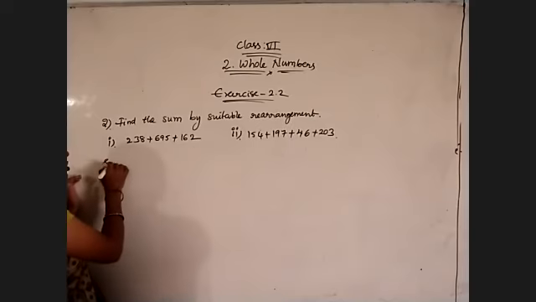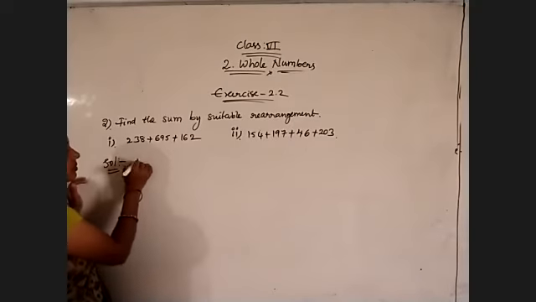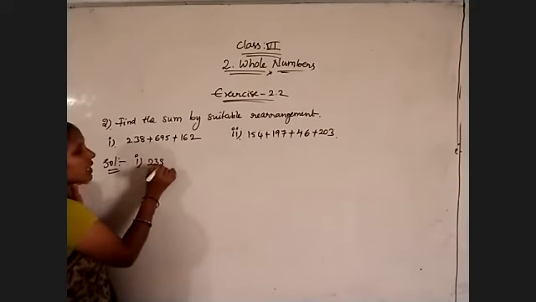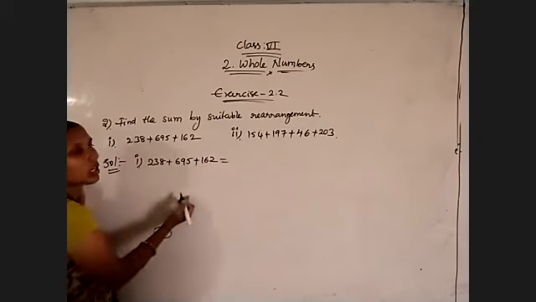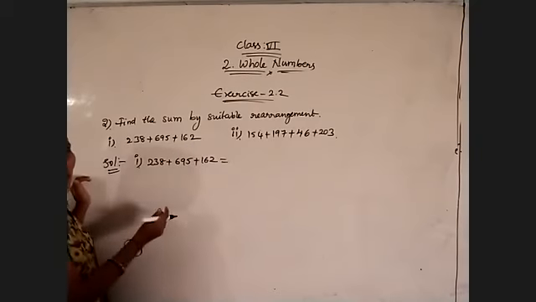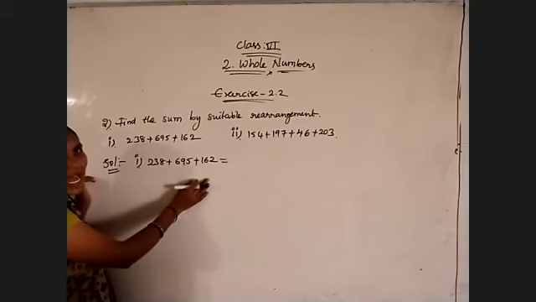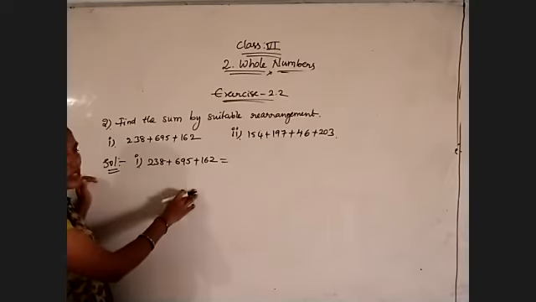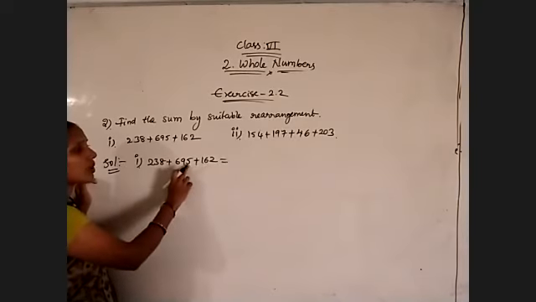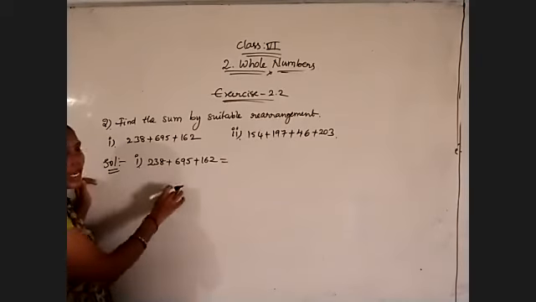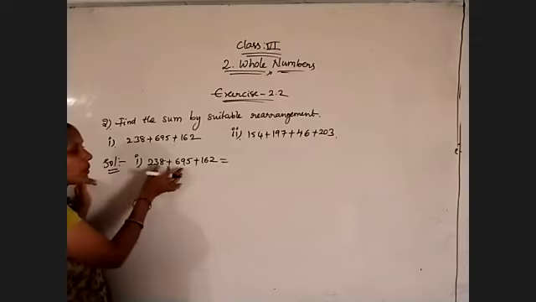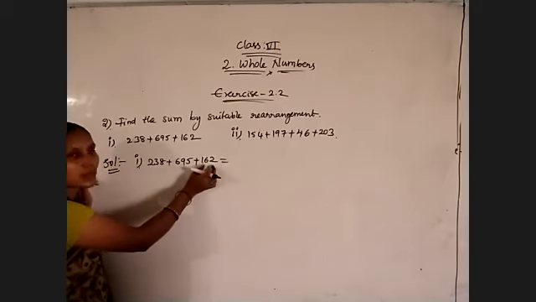in that case we need to use commutative property and associative property. So my first question solution is, which one am I going to change first of all. As I told you, arrange such that in the last digits you get zeros. Just observe, if I am adding 2 and 5, I will not get 0. 5 and 8 also I will not get 0. 2 plus 8, 10. So then I will get a units digit as 0. So that means with the 238, I need to add 162.